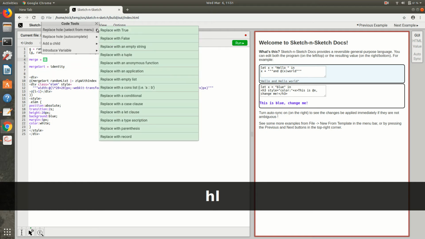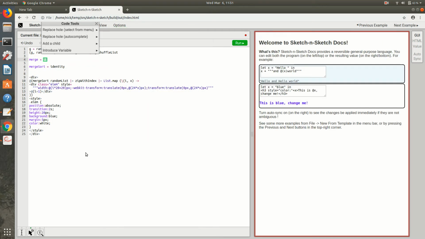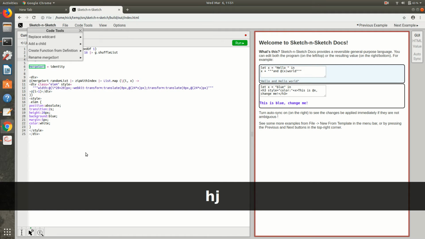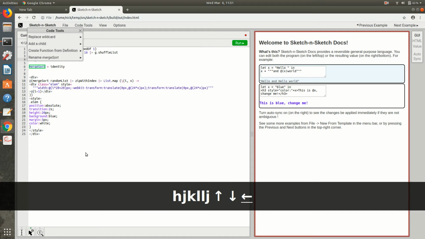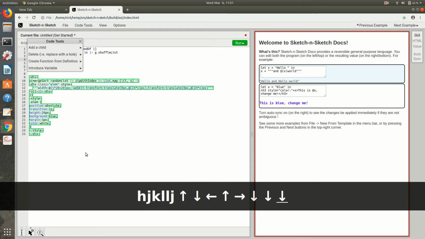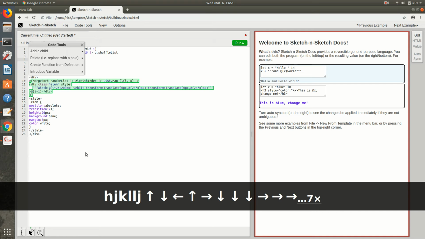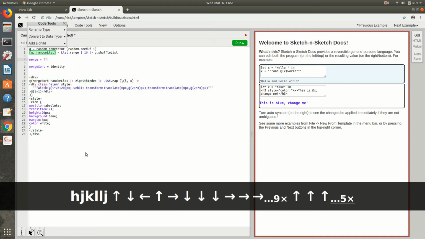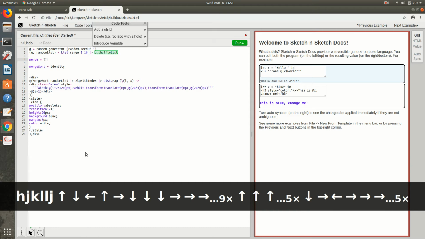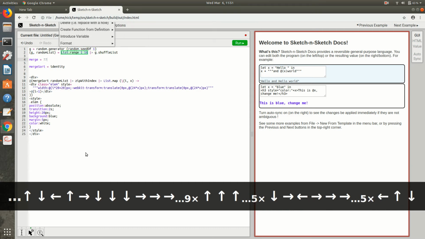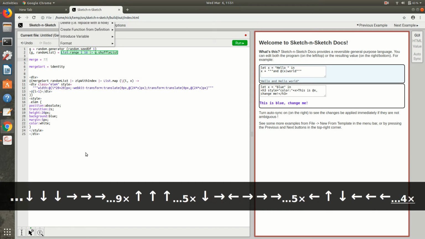So we have this menu which we could do all these things with, or we can use the keyboard. As you can see, I've implemented H, J, K, and L, which are Vim ways of doing arrow movements, but also we could use regular arrow movements. And it's a little bit janky. This code is kind of a hack, but as you can see, we can use left and right